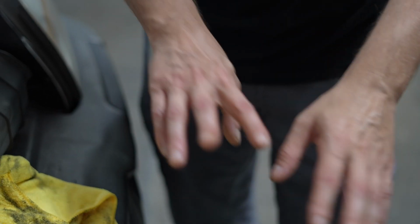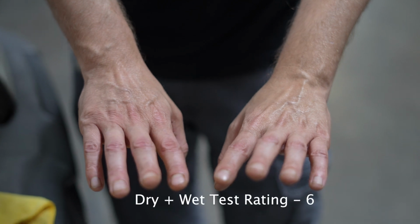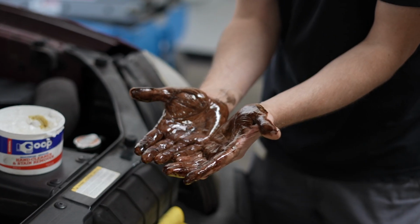So yeah, we'll give it a 6. Okay, again, so I applied some dry dirt, grease and grime to my hands, then went and dipped my hands in some of that used wet engine oil,